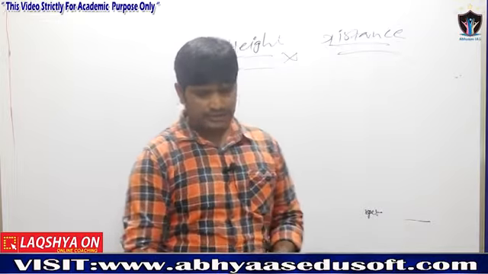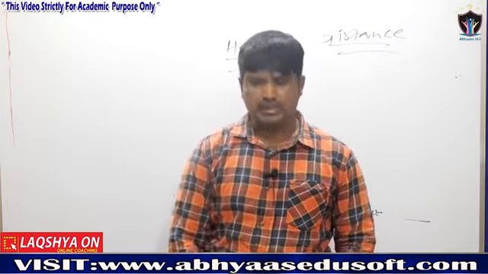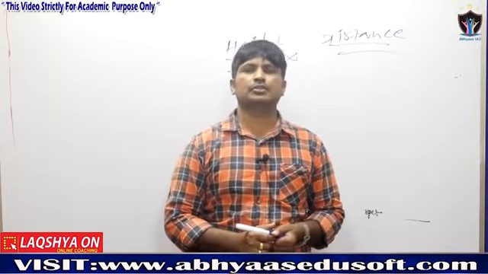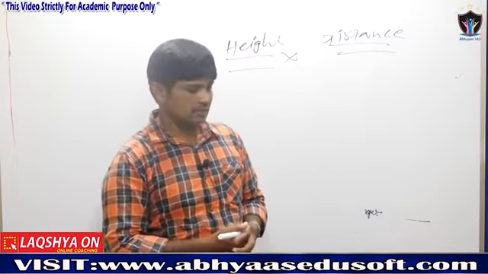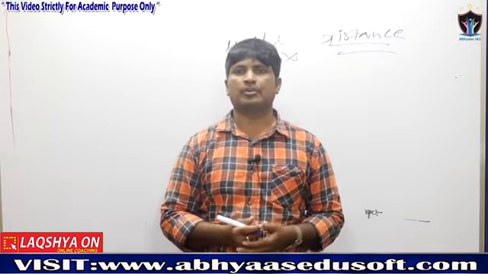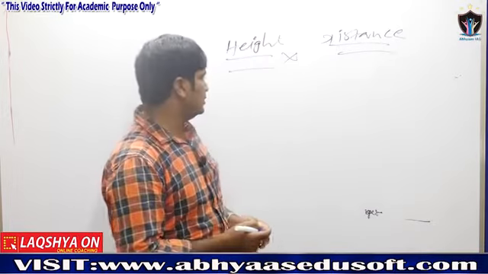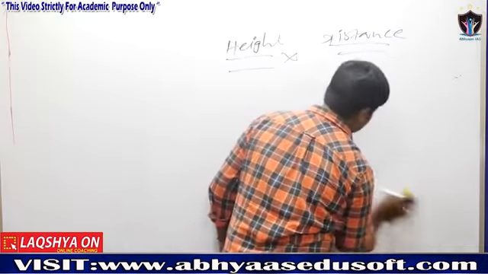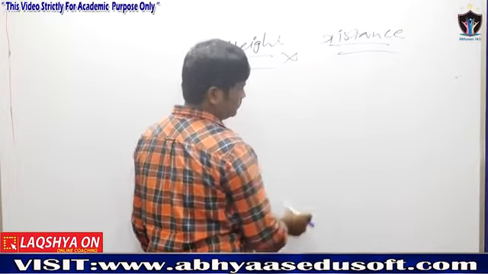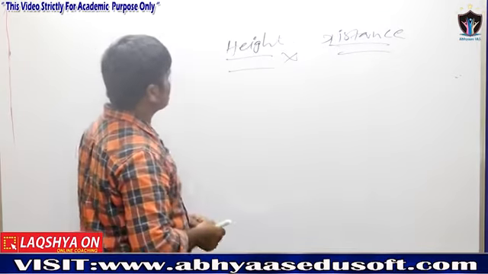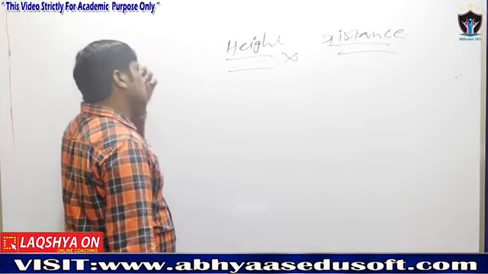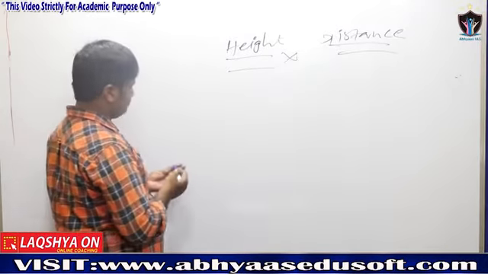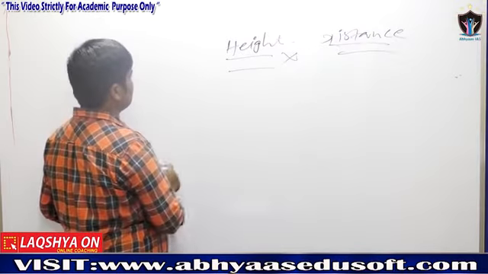So, heights and distances. In heights and distances, we must be familiar with trigonometry, meaning the ratios of trigonometry as well as the trigonometric ratios of particular angles. We must be familiar with the concept of trigonometry, then only can we do all these topics. The first thing we have to learn here is angles, that is called